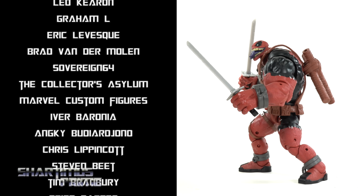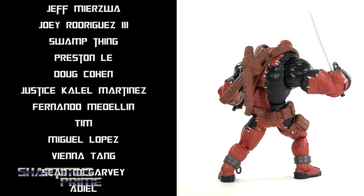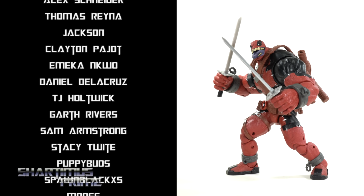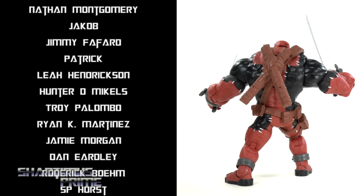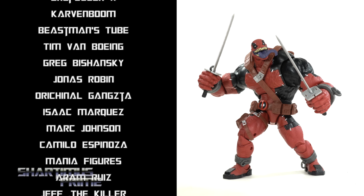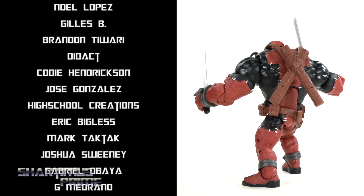This figure is incredible. I, again, sang its praises throughout the video. I just love those little silver clips throughout. I think that's such an accurate placement of paint I rarely see on my Hasbro figures, so I'm really happy to see that. I don't know, it just looks really awesome to me. I always liked the concept of this figure. You get a Venomized Deadpool. I just think it's really badass looking. I'm just really happy with this. I know it doesn't make a whole lot of sense for my collection, but I'm really digging it and I really like it a lot. And at the price point of a Build-A-Figure, I'm gonna give this VenomPool a Sun rating of...